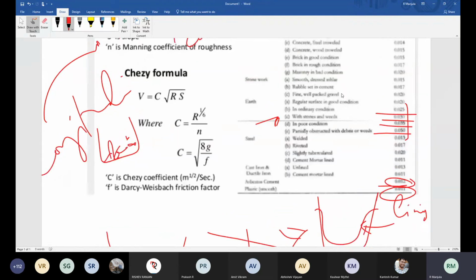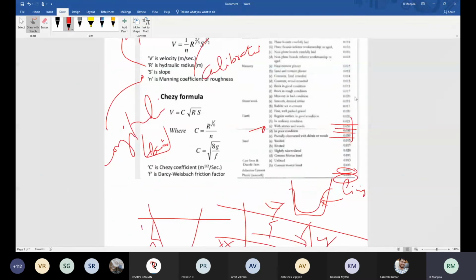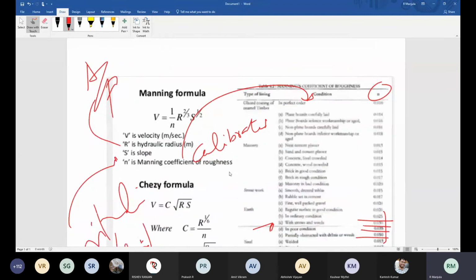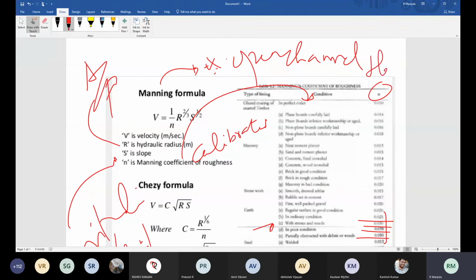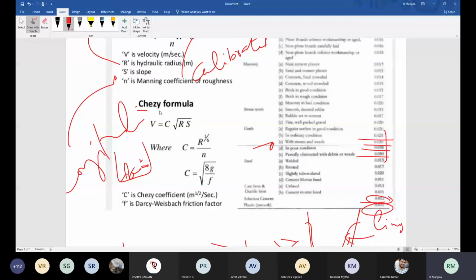Understood? Now these are the various roughness values of different conditions of the channel, and this is for n, which is the most important formula for open channel. For open channels, normally we are still using Manning's formula. So in open channel flow, whenever you want to compute your discharge and design the channel, we need to go for Manning's formula. And Chezy's formula, if you take,